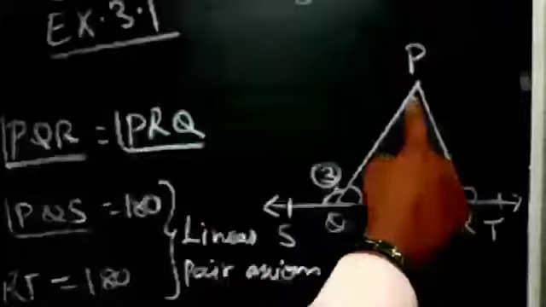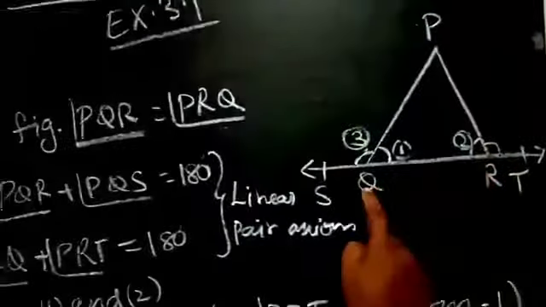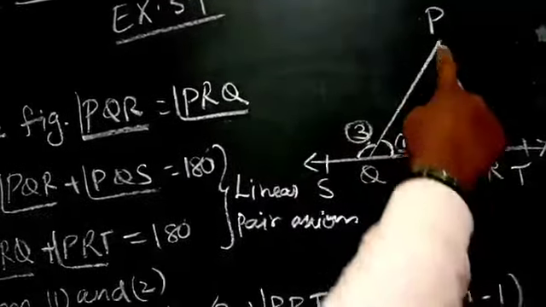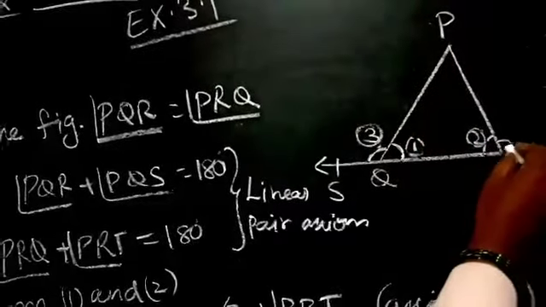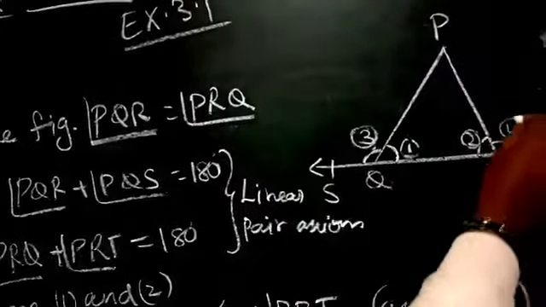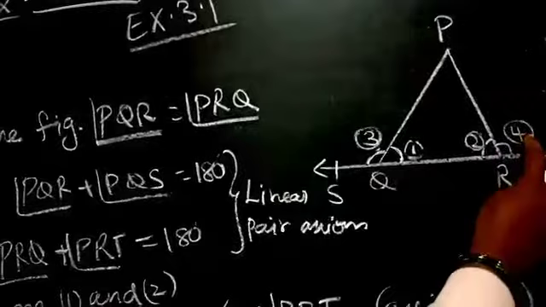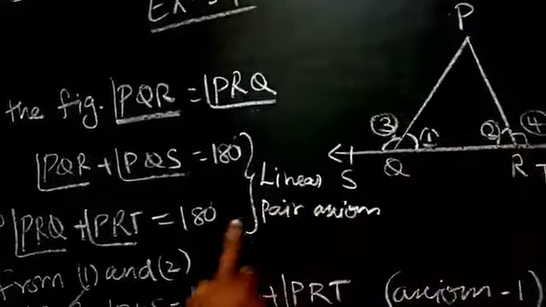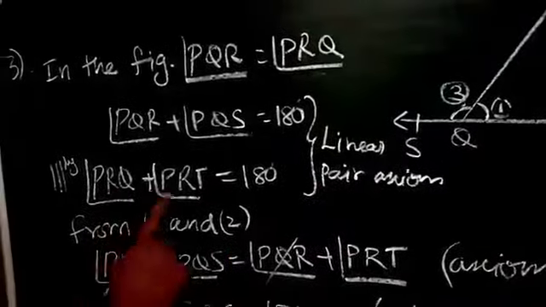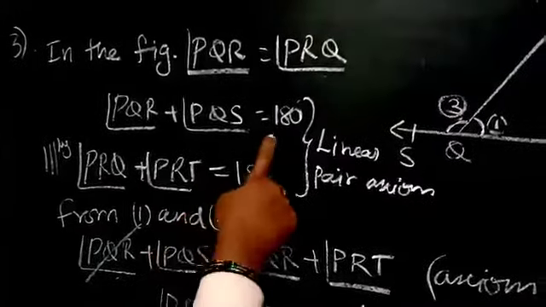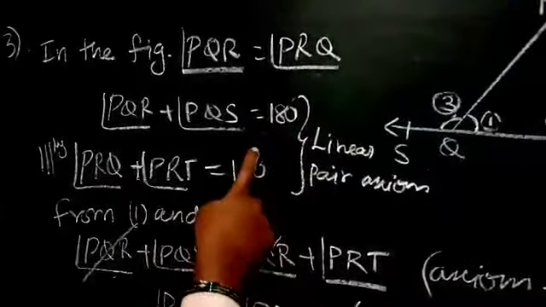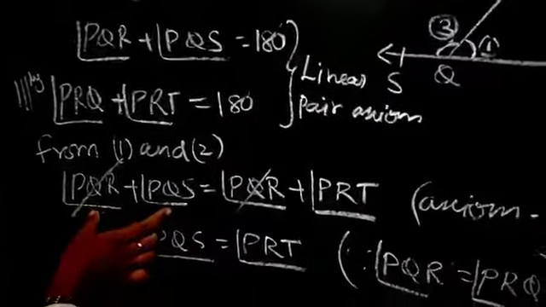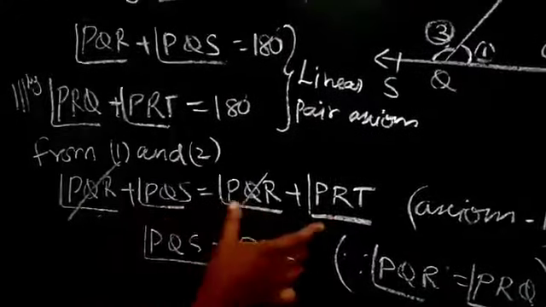This two is a linear pair of angles. Same like this, PRQ angle plus PRT angle, this angle I am going to keep as the fourth angle. Second angle and fourth angle, when we add, we have to get 180 because it is a linear pair of angles. So this also 180 and this also 180. We will keep them like left hand side and right hand side.